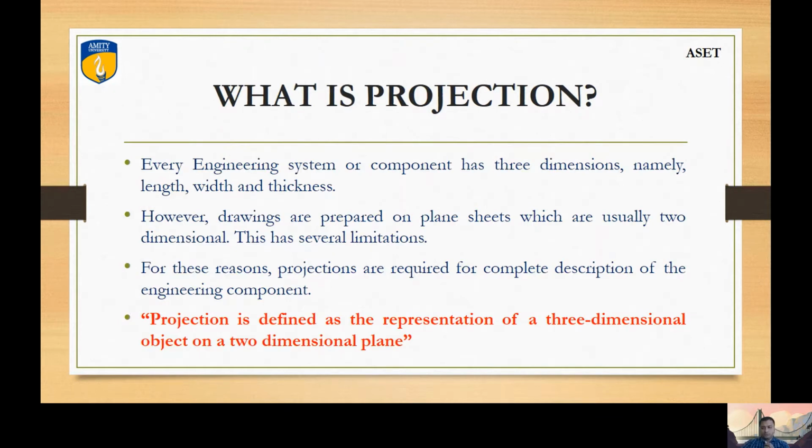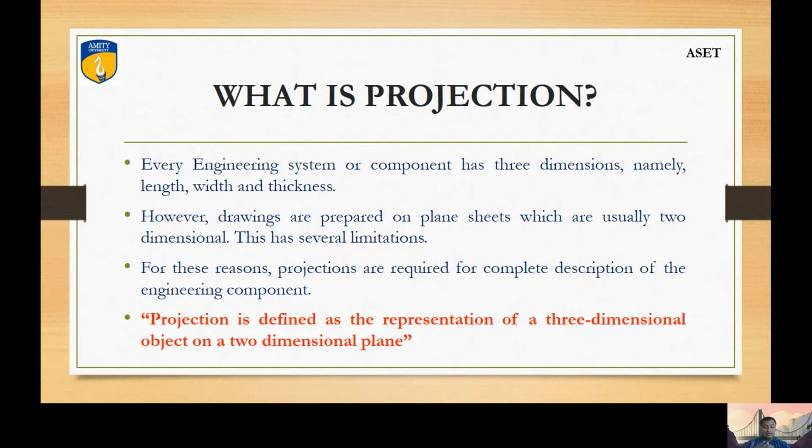So what is projection? When we hear the word projection, what comes to our mind is the image or the shadow of any object, right? Projection is to convert a three-dimensional object into a two-dimensional image. Each and every object we see around us is generally a three-dimensional object. If you see a mobile, that is a 3D object which has some length, some width, and some thickness. Each and every component around us is 3D.